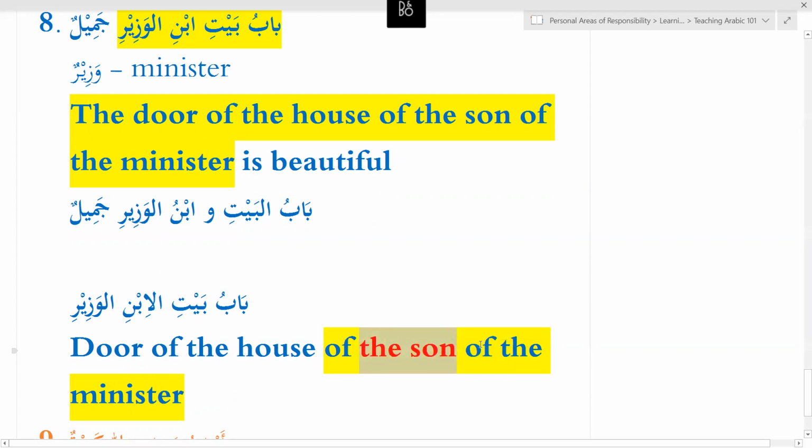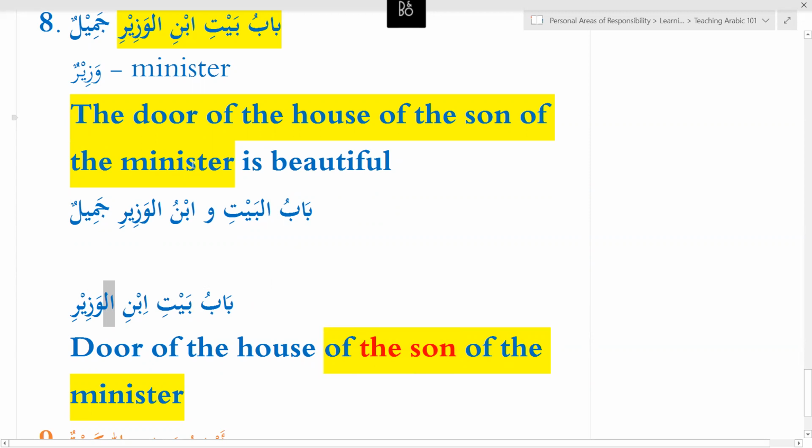He's not meeting the rule for this idafa. He's meeting the rule for after idafa, but this rule is not. So I'll have to remove the al. So I can add more, but I need to remove this al and I need to keep adding kasra. Okay. So that's how you'll use multiple idafa.